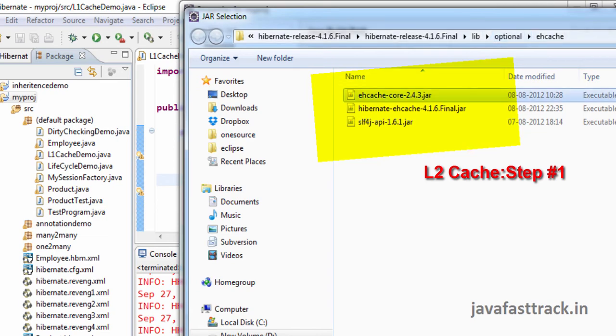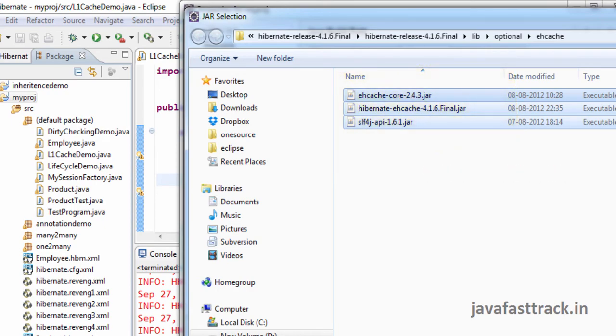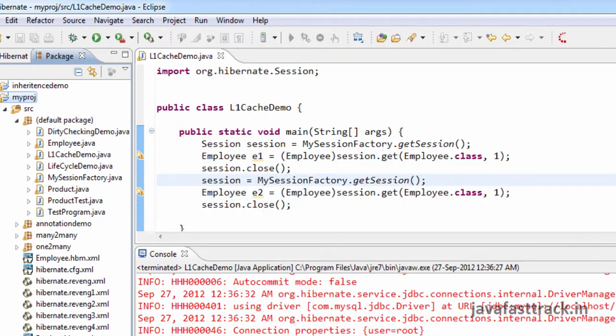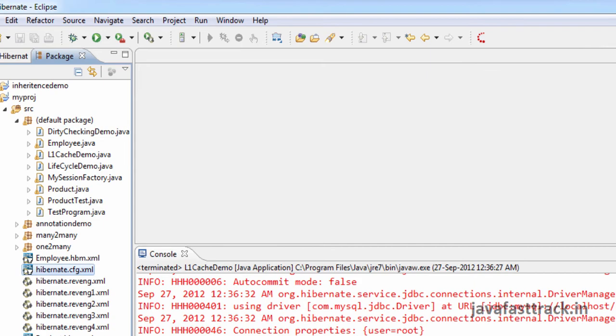Under that you select all the three jars. With that I completed step 1, that is about adding the jar files.